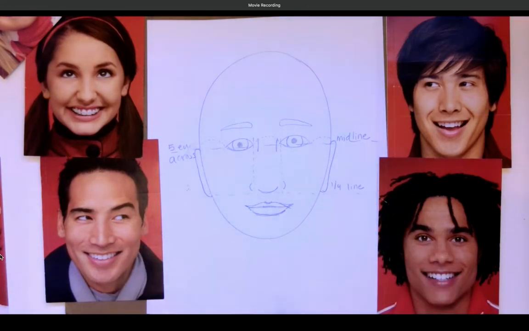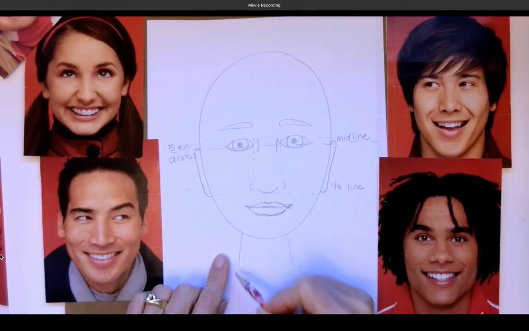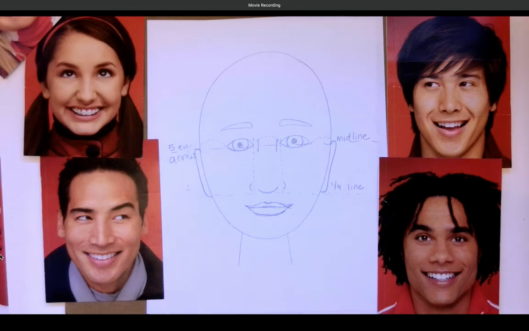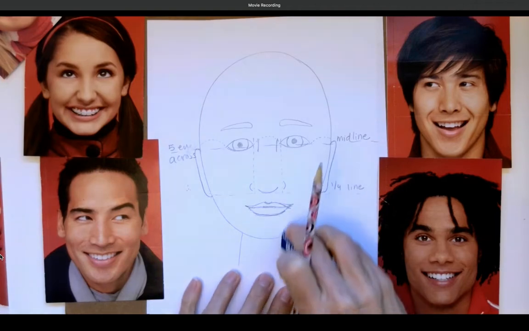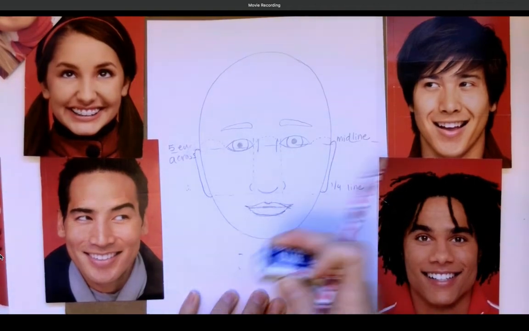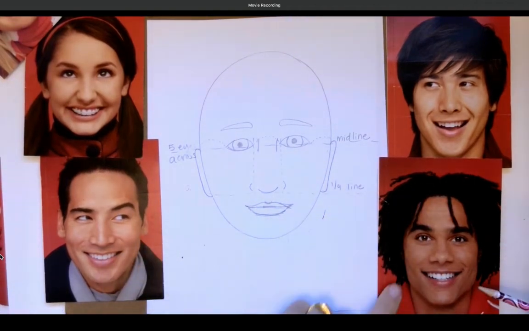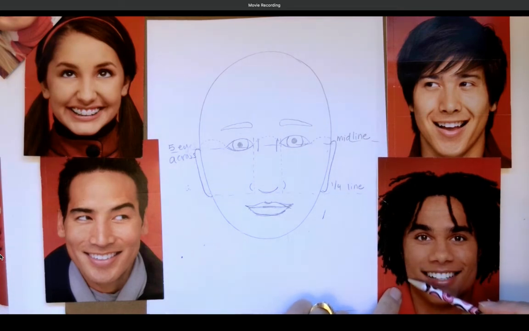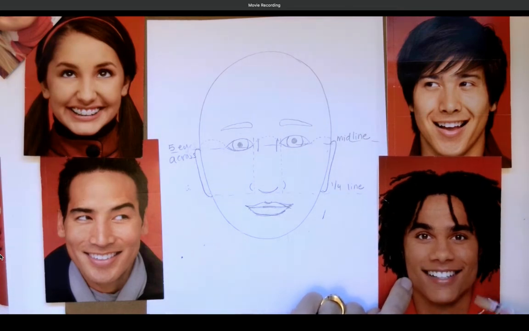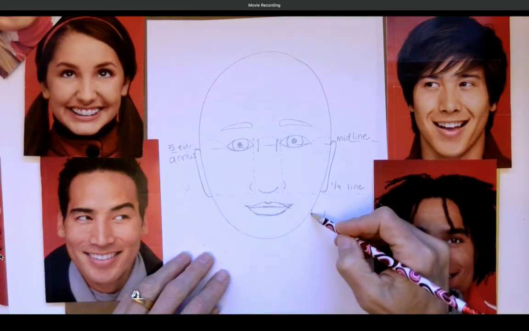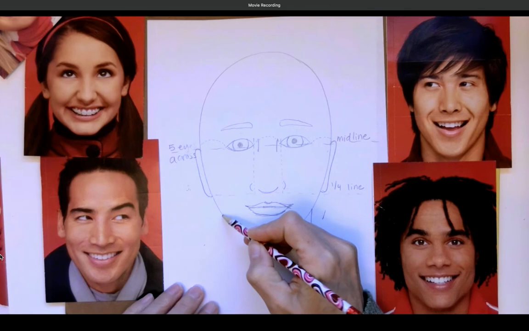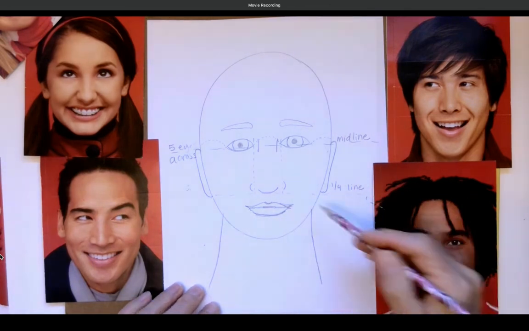Let's think about the neck. The neck is not a small line, a thin line like this. A neck is much wider than your lips. So when you draw your neck, I want you to think about where it starts. You can see in this picture, the neck is starting really far out on the cheekbone here, or really far out over here, like the end of the jaw. So I'm going to start a line way out here, close to the ear even, and it's going to come